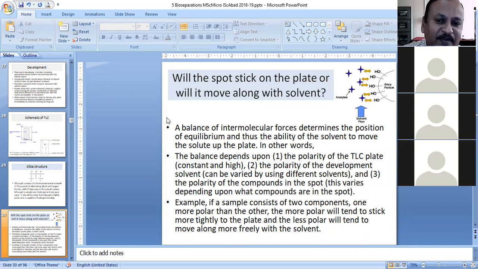Depends on the sample, sir. Okay. Suppose I give you 2 or 3 amino acids as sample. How will you do it? Suppose I give you a mixture of amino acids. How will you select the best solvent system for separating the amino acids? Anybody from